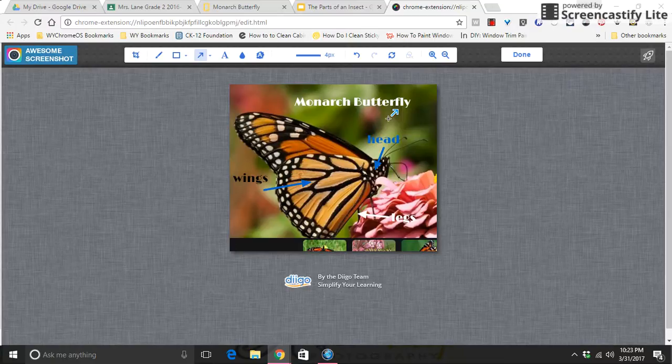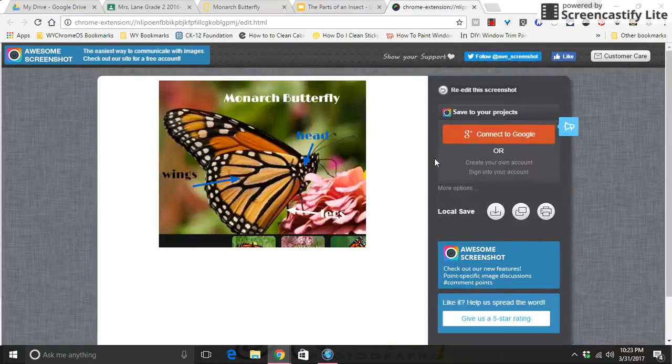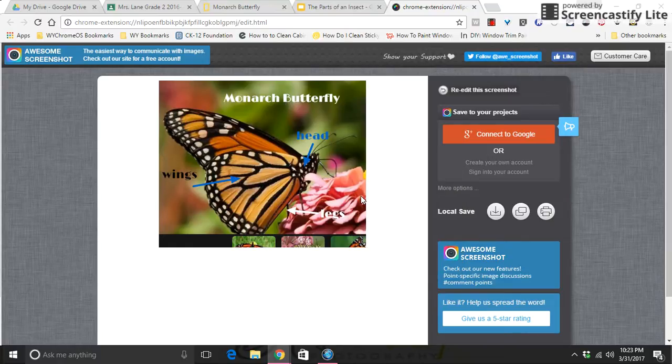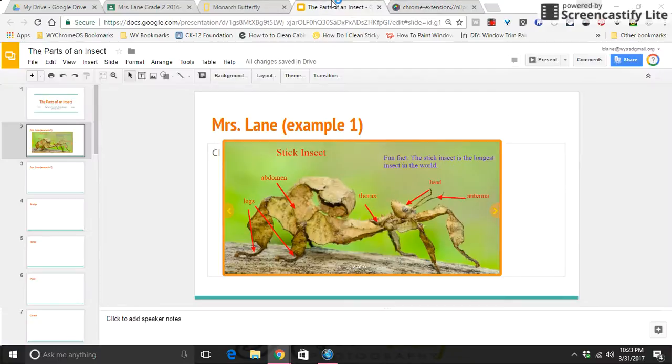When you are done, we're going to come up here and select the word done, and we're going to do a right click to copy this image. So with your mouse, right click on the image. We want to select copy image. It doesn't look like anything happened, but when you go to whatever document or slide you are pasting it on,